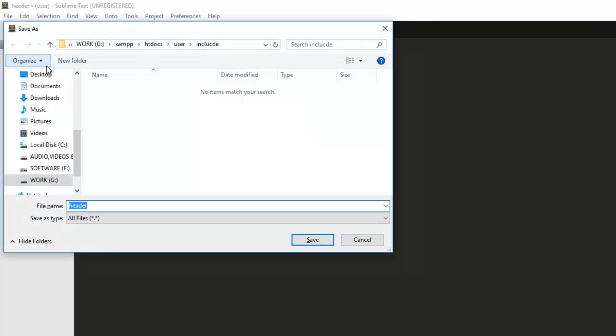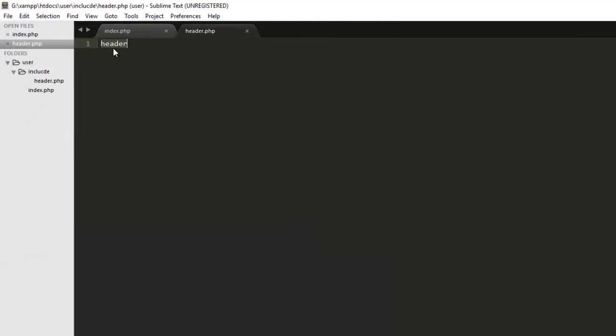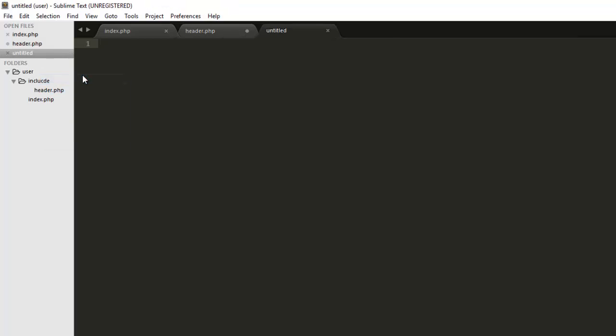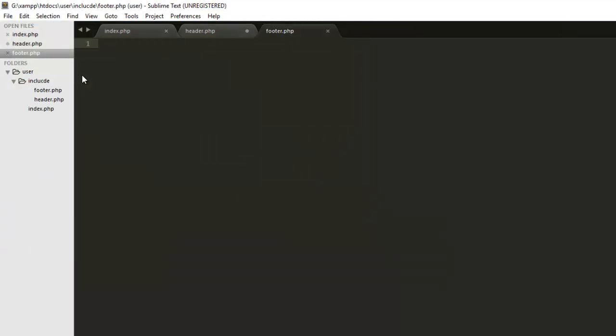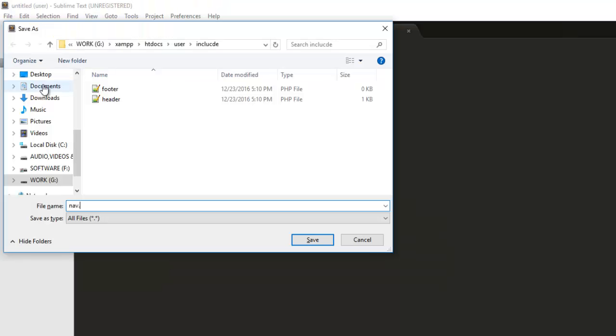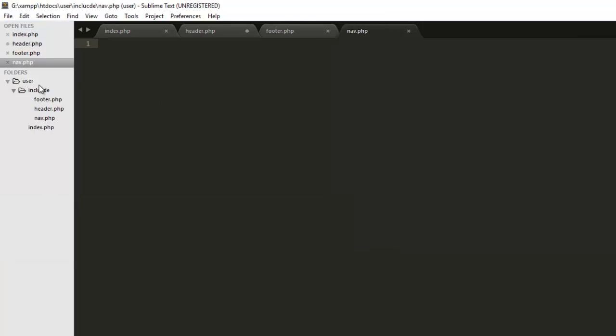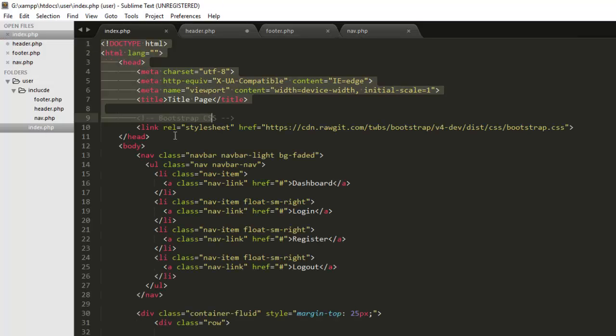If I save here, header.php, and another file, and it would be, guess, footer.php, and there will be another file, nav.php. Okay, so pretty much we need these three files for now, and if I distribute the things here, from here to body, we will put all this code